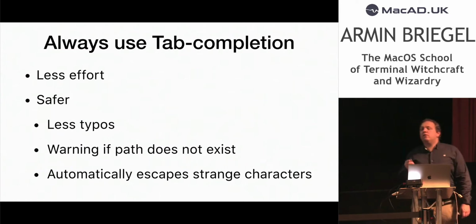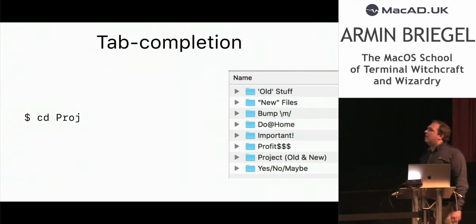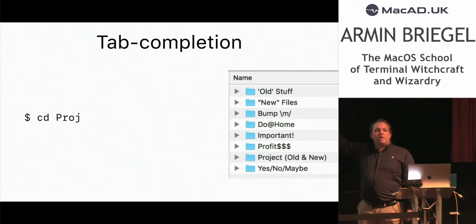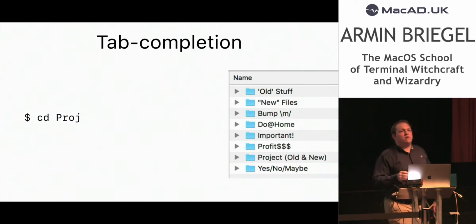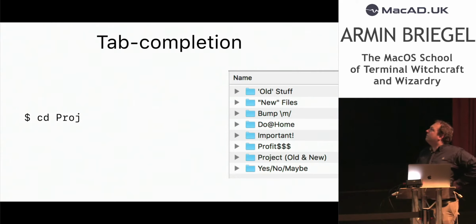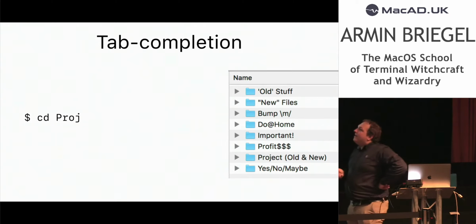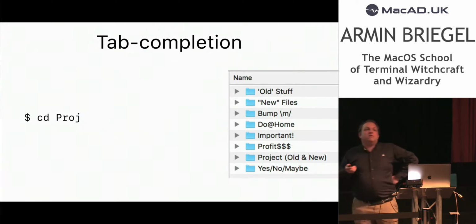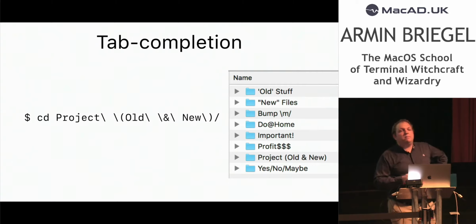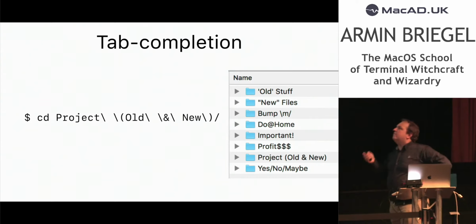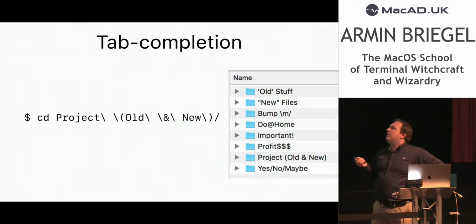It will also automatically escape strange characters. And I have, for testing purposes, this folder with strange file names, folder names. I really tried to throw in all the weird characters. Probably should put some Telugu characters in there just to test. So if you do tab completion and you just type part of the name and you tab complete, it will automatically escape all the weird characters. So the parentheses and the spaces and the ampersand automatically get escaped, and you don't have to worry about it.